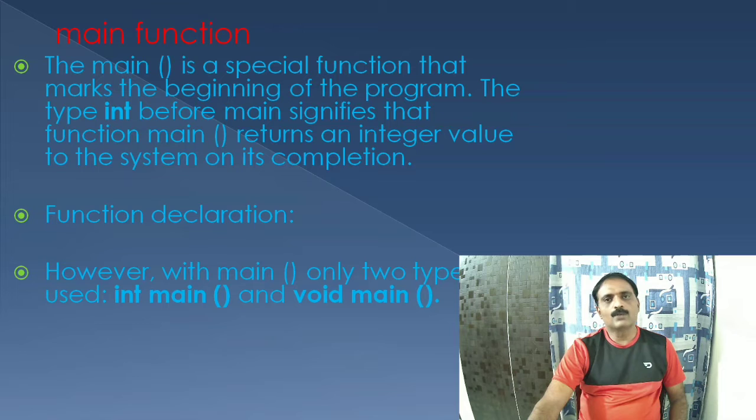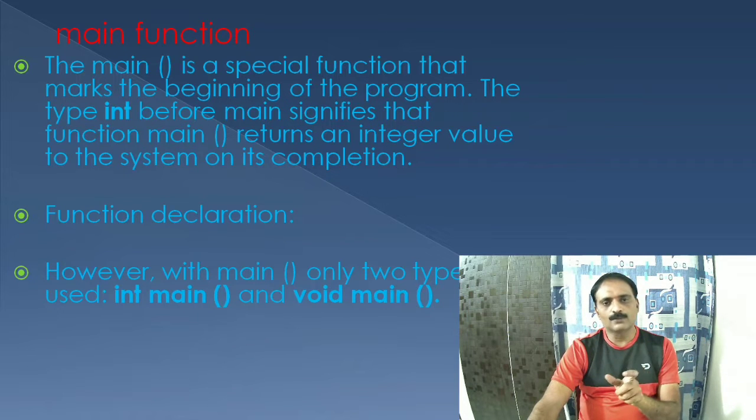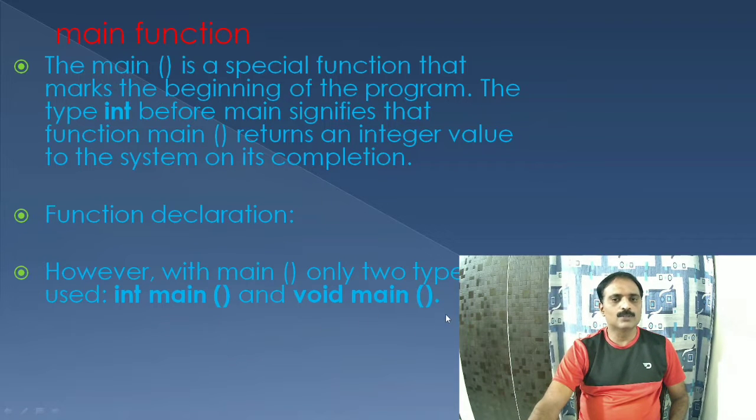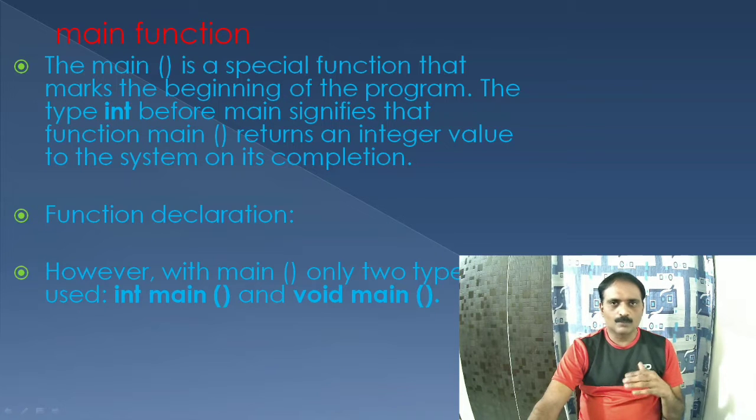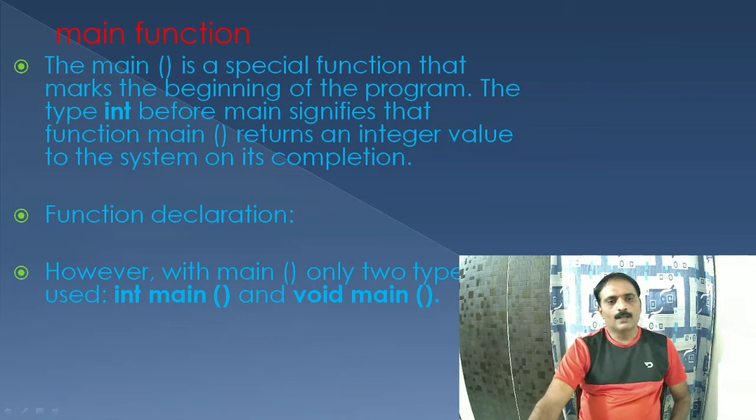Basically, we have two ways of representing this: int main and void main. The int main function is going to return some integer value, and it will have return 0 at the end. And void main, the name itself tells us it is going to return nothing. That is the reason why it is represented as void main. That depends upon the compiler that we are going to use. Some compilers simply accept main itself, and we don't need to write int or void or whatever it may be. Many compilers simply accept main also.